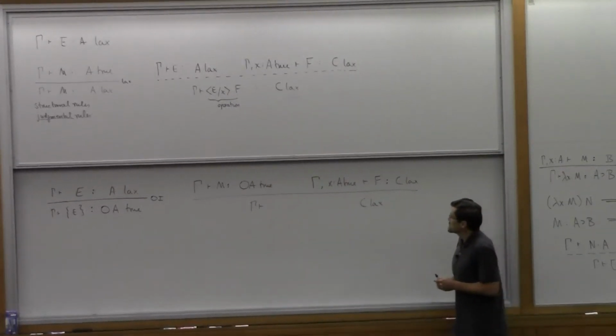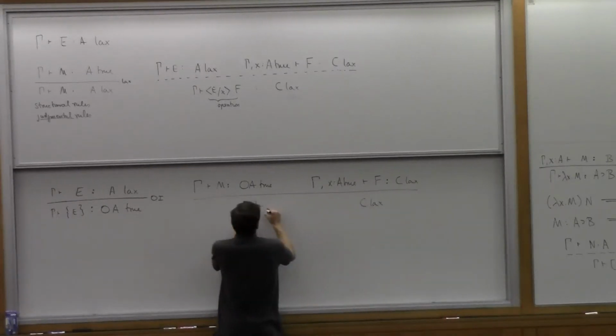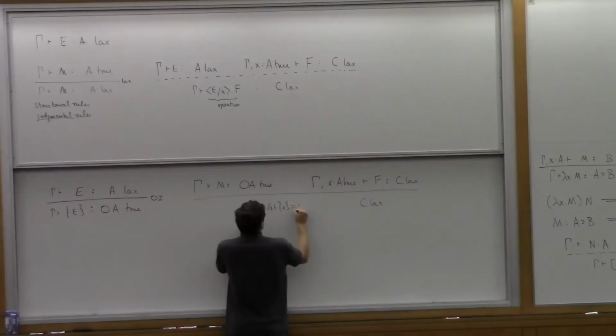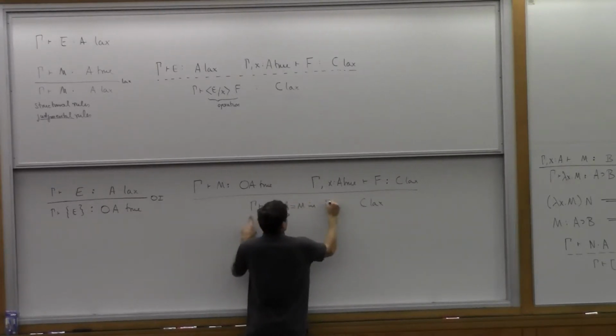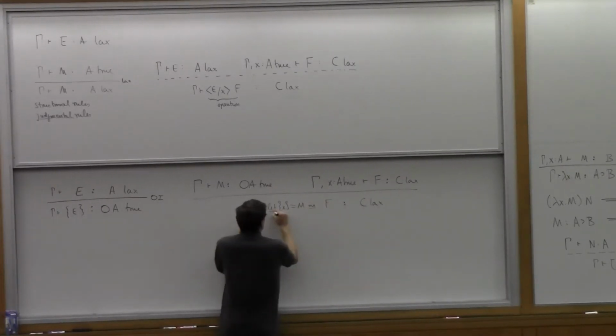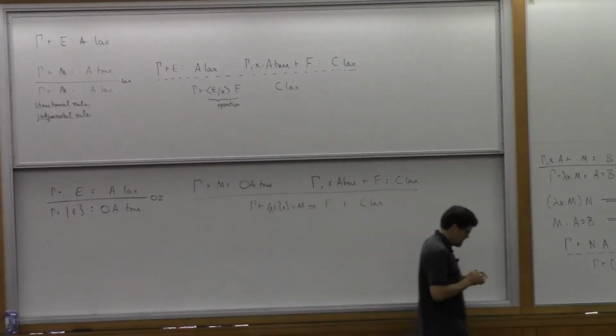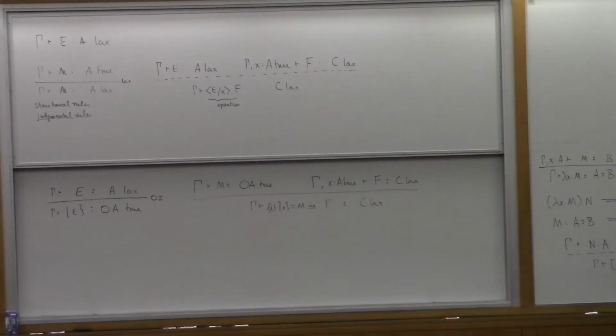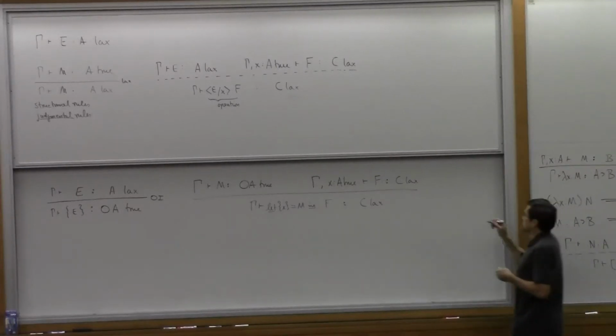And so here we have some new construct. Let's call it let x equals M in F. And that's the elimination rule